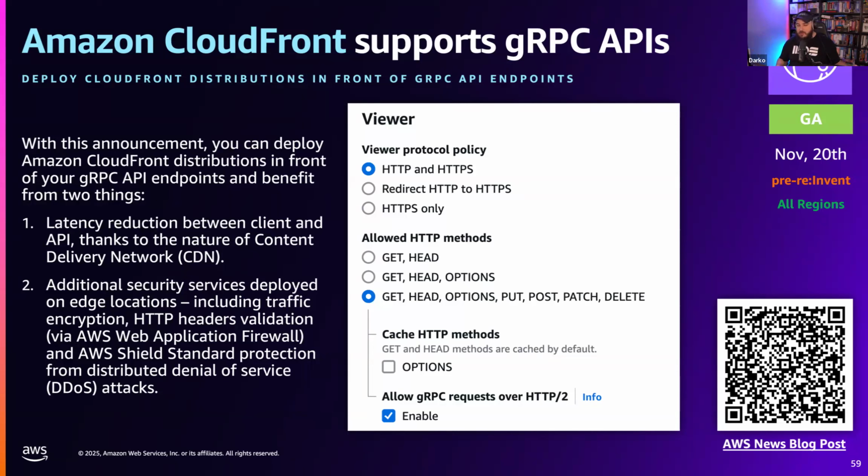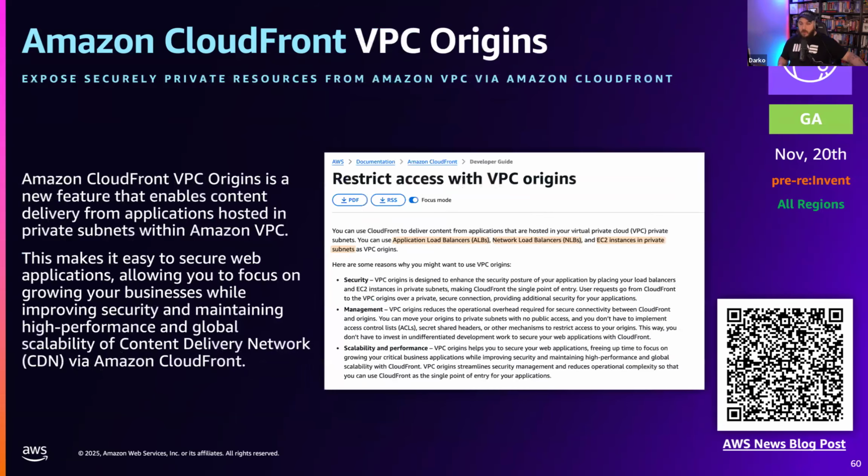So additionally, having the ability to use it in front of gRPC is just a great little thing. VPC origins. Okay, so I talk about CloudFront that it's a great way to position it in front of resources. So like an S3 bucket, a gRPC API endpoint. I don't even know what else, right? But